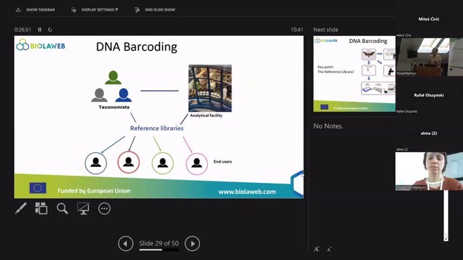And if they are not strong and accurate, then I would say DNA barcoding is useless. So you really need a strong collaboration between taxonomists and molecular biologists to ascertain the taxonomic identification